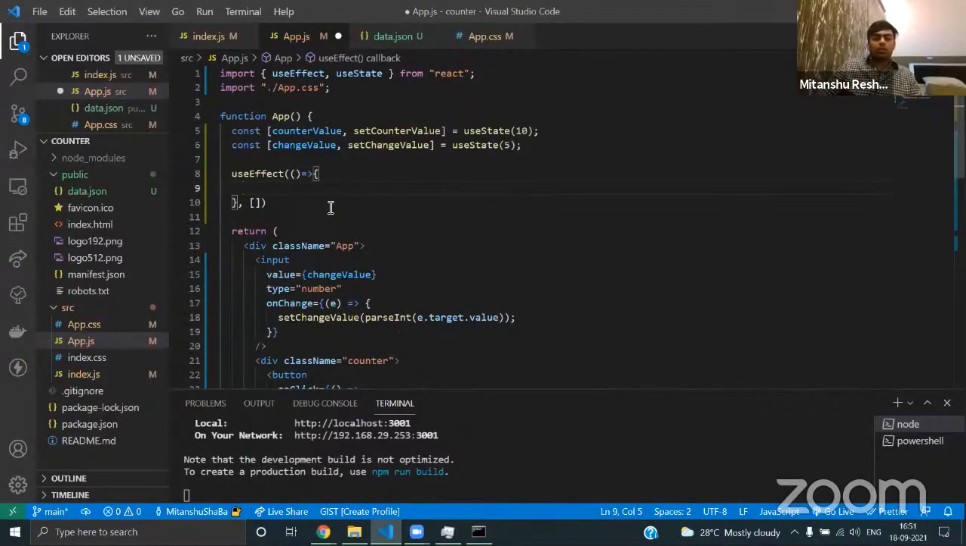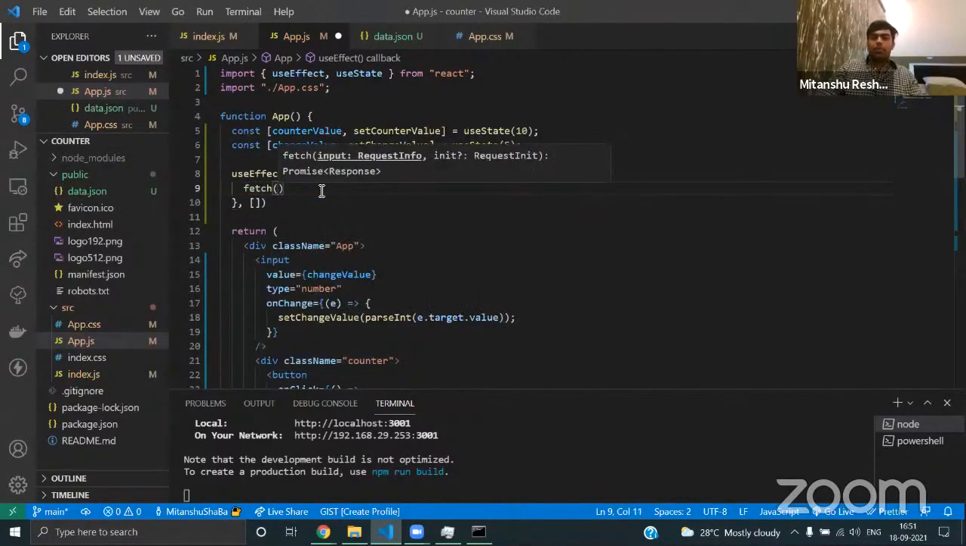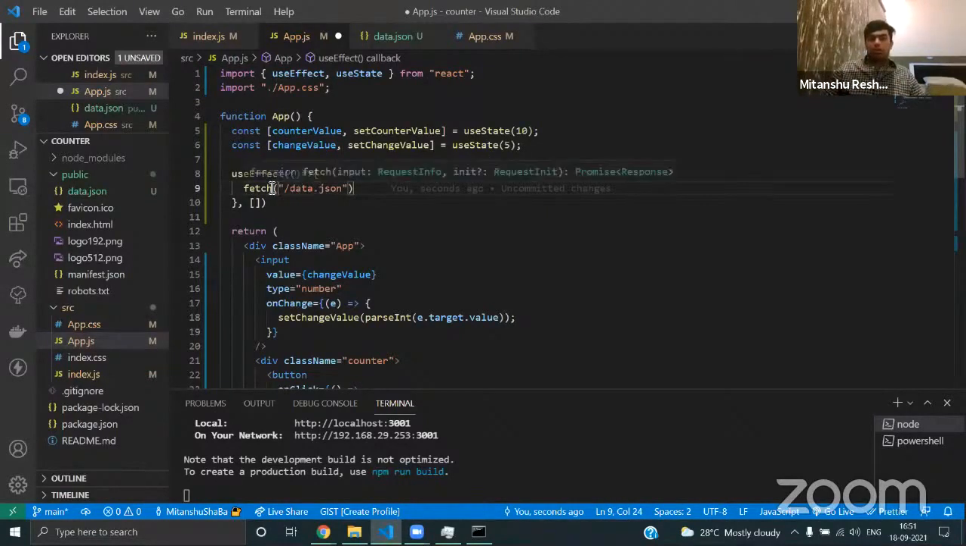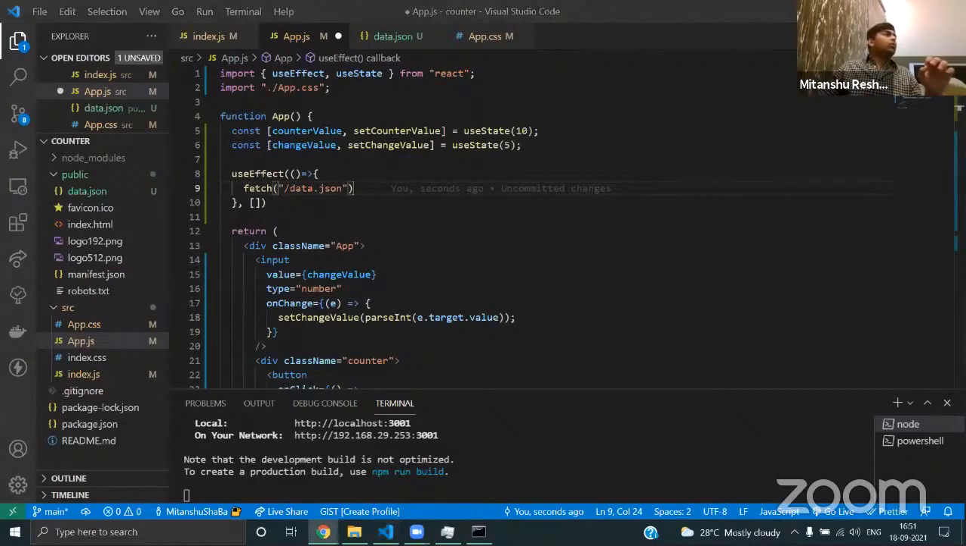Next thing. In this, we are going to run some effect. We created this data.json file, so we are going to fetch that file. It is similar if you're calling some backend or interacting with some database. We are going to run fetch. This is a JavaScript function. Using this, you can call any file, any endpoint, any URL. Next, what it is going to do is